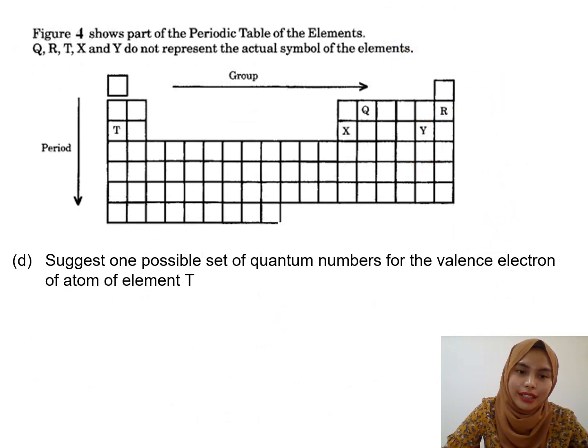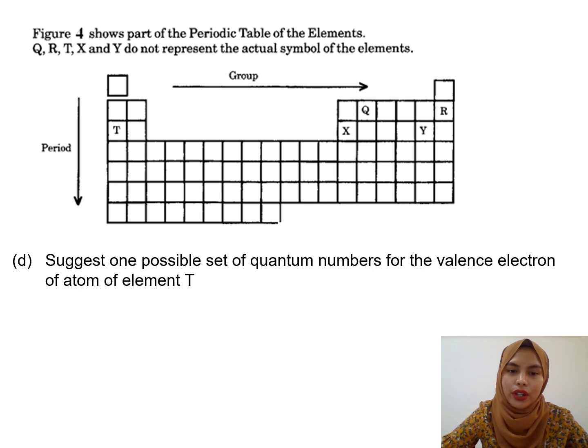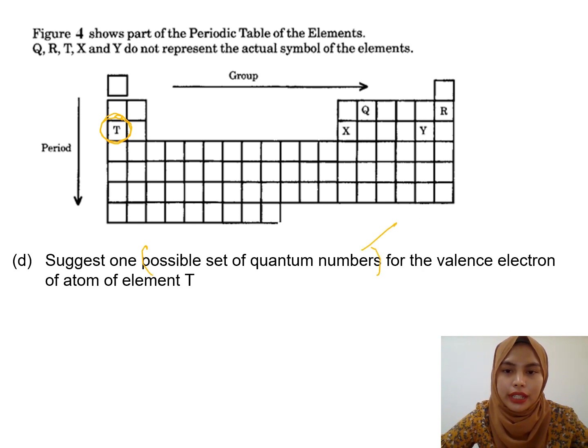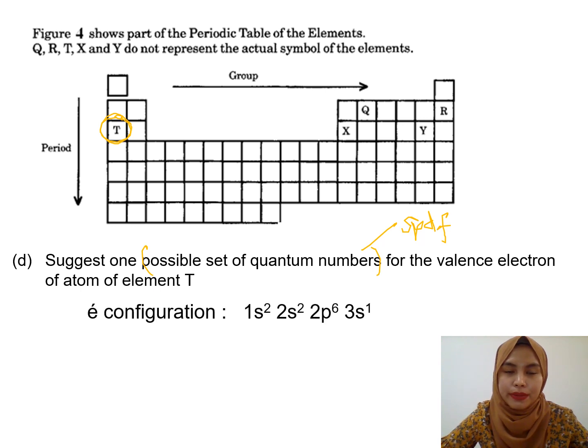Next question. Suggest one possible set of quantum numbers for the valence electron of atom element T. Okay, so dia nak quantum numbers for atom element T. So kalau nak tahu possible set of quantum numbers, what do you need to do? Please do the SPDF notation dahulu. Okay, so from the SPDF notation, the electronic configuration for T will be 1s2, 2s2, 2p6, 3s1 sebab T berada